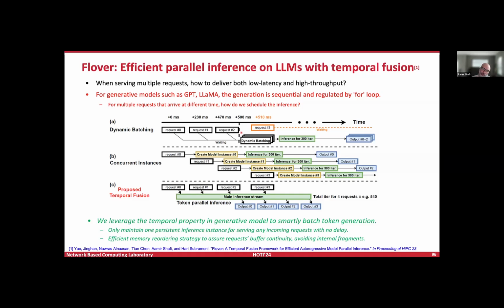After that, whatever requests we have received, we put them all together in a batch. We call this a dynamic batch, and launch a CUDA kernel on NVIDIA GPUs, for example, and do the inference. But obviously, if we look into this scenario, request zero is unnecessarily waiting for the majority of this 500 millisecond time window until we could start processing request zero.